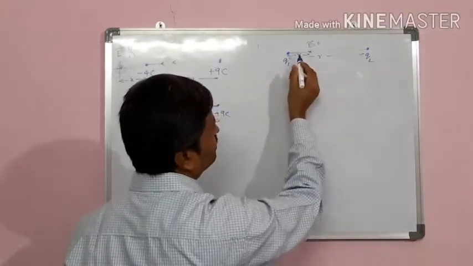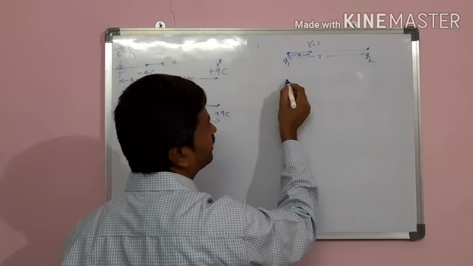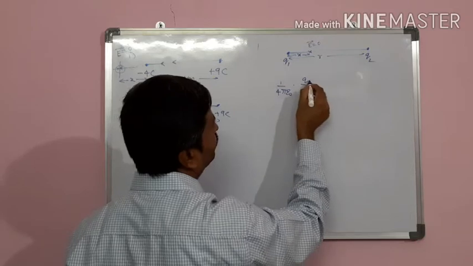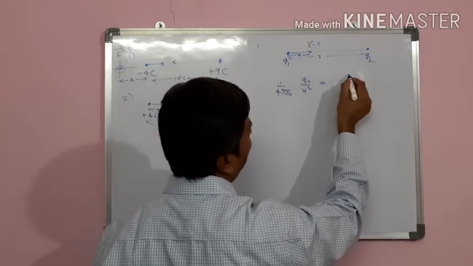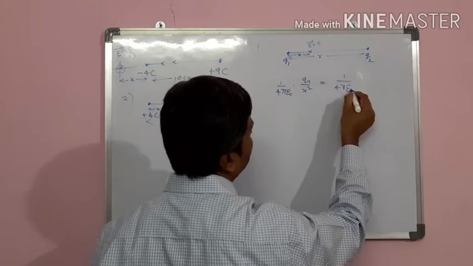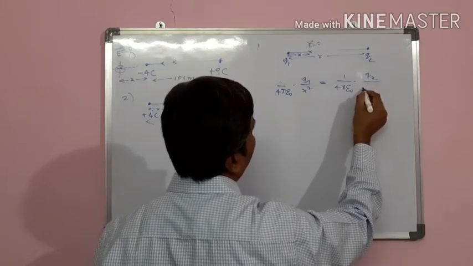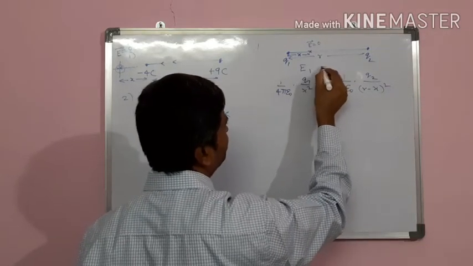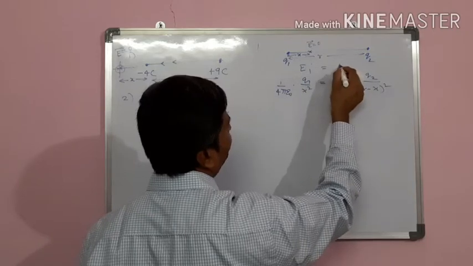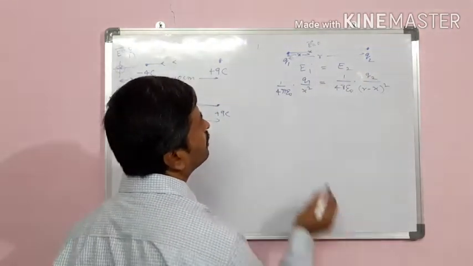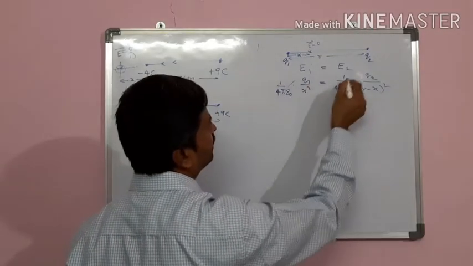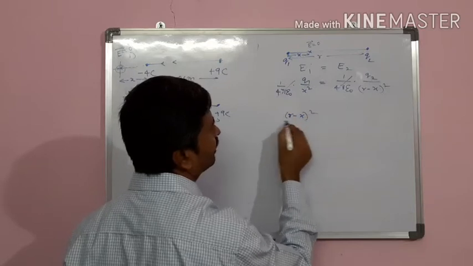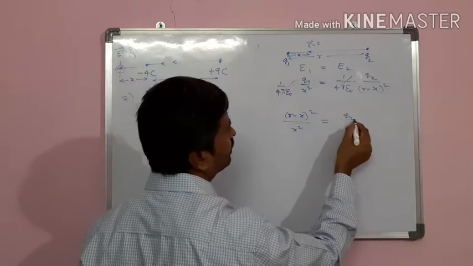You try for this, because the field acting here is equal to the field acting here. That is 1 by 4 pi epsilon naught into q1 by x square must be equal to 1 by 4 pi epsilon naught into q2 by r minus x whole square, because the field due to the first charge is equal to the field due to the second charge. So that is how we will get the equation. Both will get cancelled, and here r minus x whole square by x square must be equal to q2 by q1,